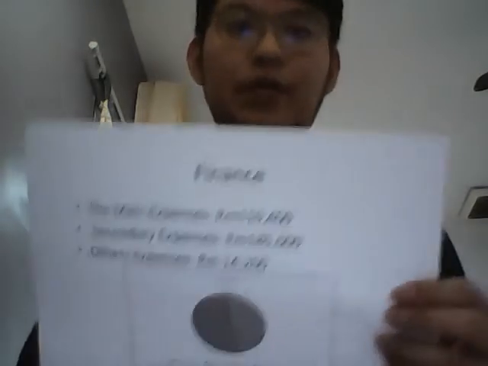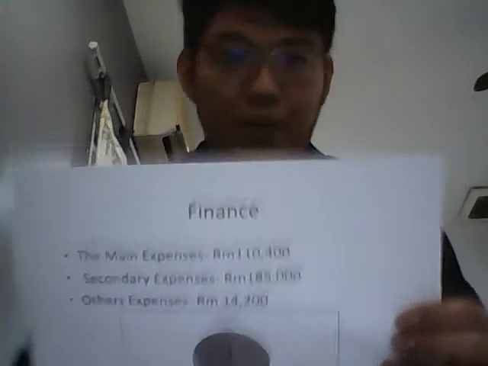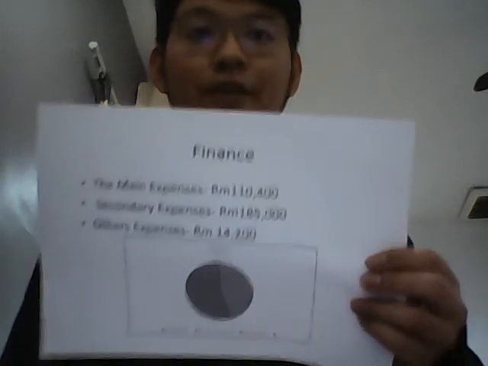Secondly, the only thing we are renting, we have to pay the rental for the washing machine, which is 850 per month times 12, which is 10,200. The total sum of the other expenses will be 14,200. And this will be the graph